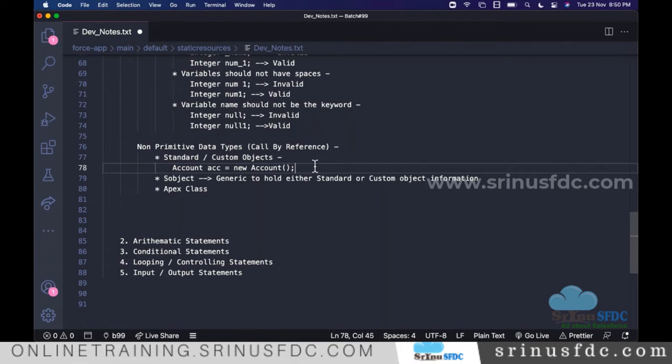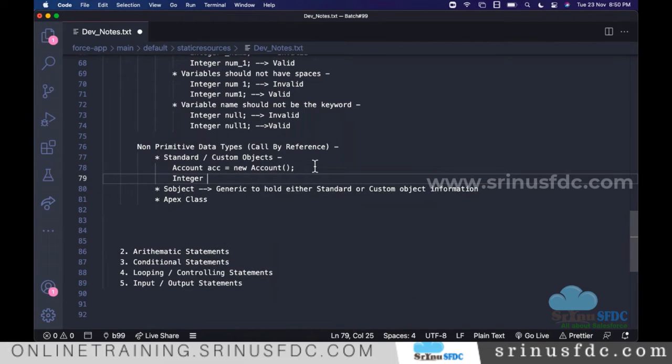For primitive types, whatever we define, we can directly assign any value we want. But for a non-primitive type, it cannot hold the direct value. It can only hold the memory location where the data is present. That's why for all non-primitive types, we have to allocate the memory by using the new operator, and understand this holds only the location where the data is present.